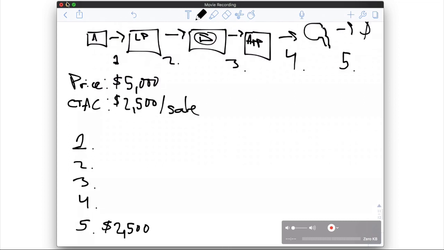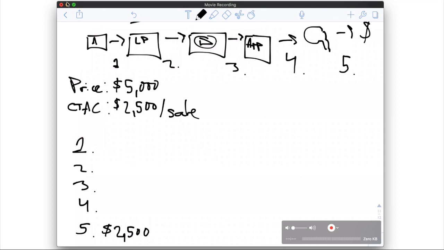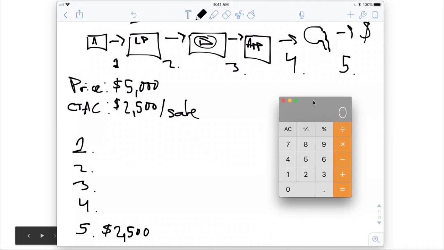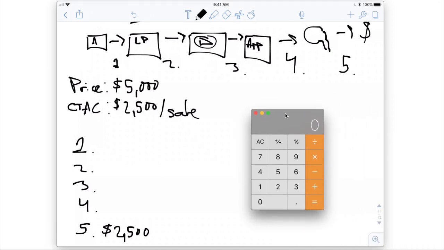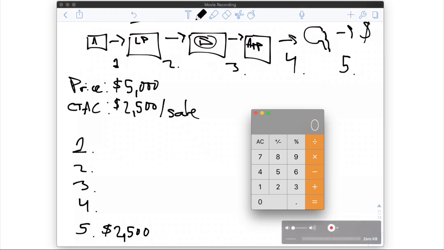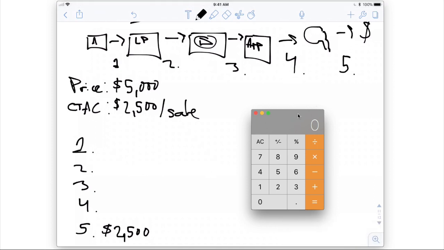Now, typically, for a phone sale, if you're good and you know what you're doing, you're going to see around a 30% conversion rate on your phone sale, which means basically 1 out of every 3 sales you're going to close. And so if we close 1 out of every 3 sales here in step 4, so step 4 is the number of people that we get on the call. And so if we close 1 out of every 3 of them, then that means that we take $2,500,